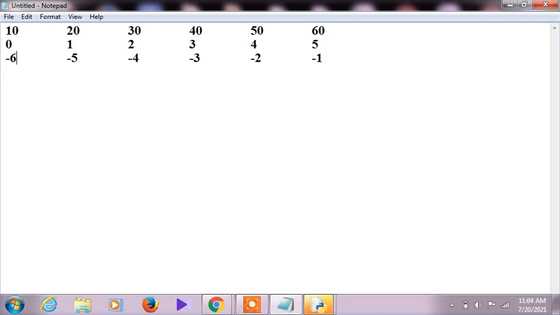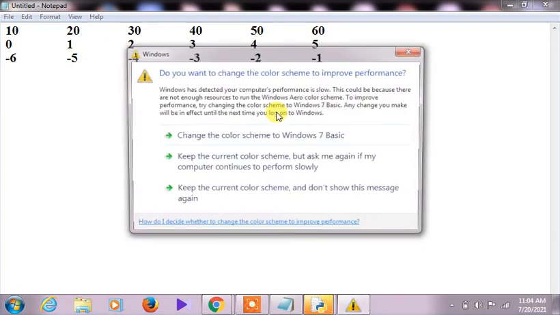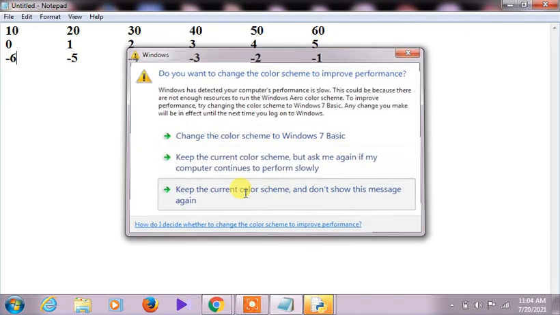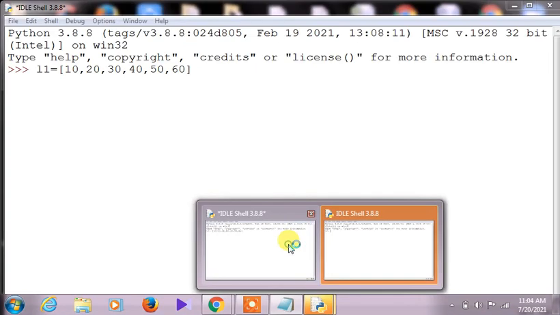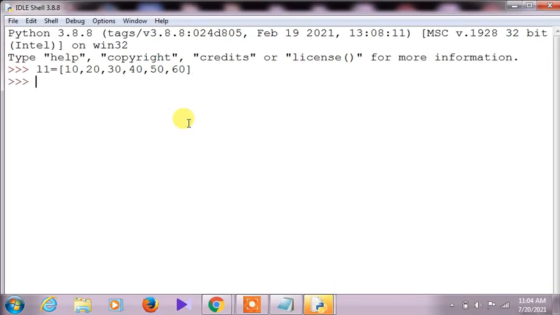All right, that is the thing. So this is the indexing. From left to right 0, 1, 2, 3, 4, 5, and from right to left -1, -2, -3, -4, -5, -6. In this way, clear? So that is how we are accessing the values in the list. Now we are coming over here, and this is the list.